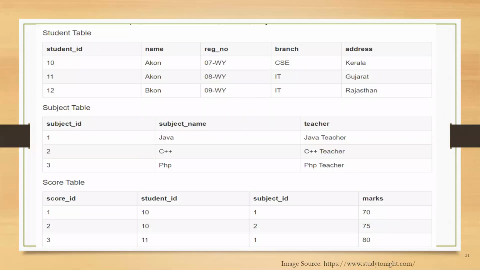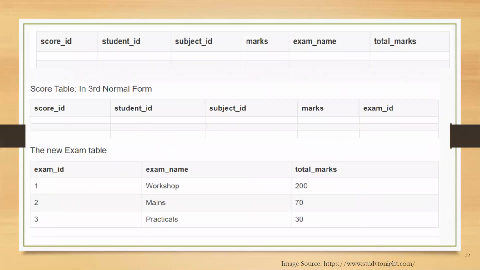So we need to understand what we mean by transitive dependency. Let's see. The tables which are the output of your second normal form become the input of the third normal form, which has the student table, subject table, and the score table. Now in the score table, we will add some more information, that is your exam name and total marks. With exam name and total marks added to our score table, it saves more data now. The primary key for our score table is a composite key, which means that it is made up of two attributes or columns, that is nothing but student ID plus subject ID.